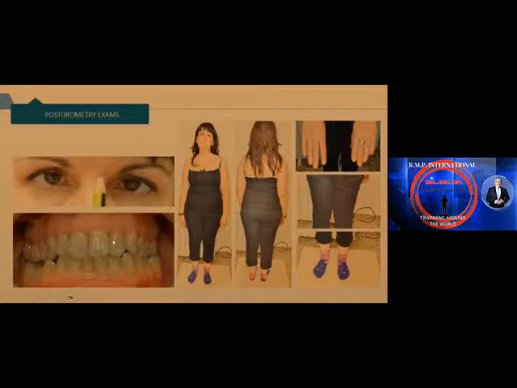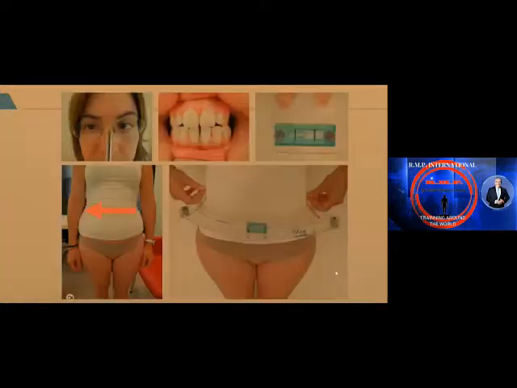That is a patient. As you see here, there is an eyes problem, a mouth problem, posture, torsion, foot, etc. Another patient. This patient has a real short leg. Imagine how we can treat it. We need an interdisciplinary protocol. That is obvious. We cannot treat with only one professional, but the most important thing is